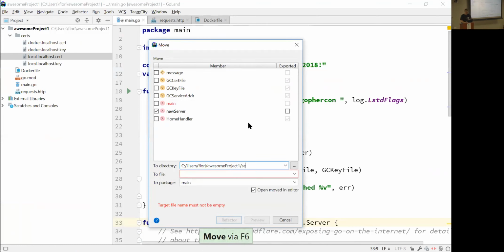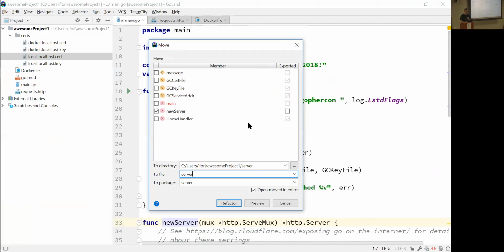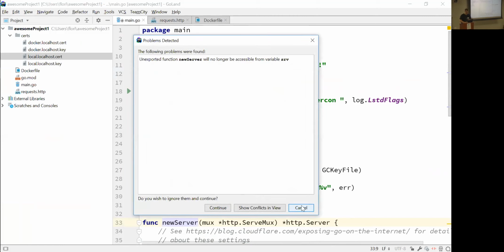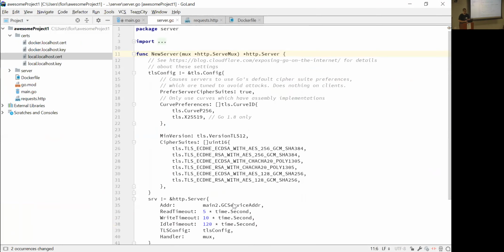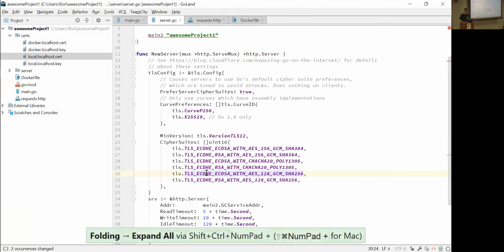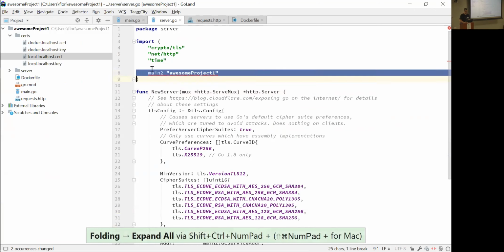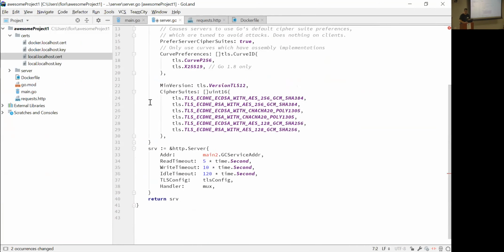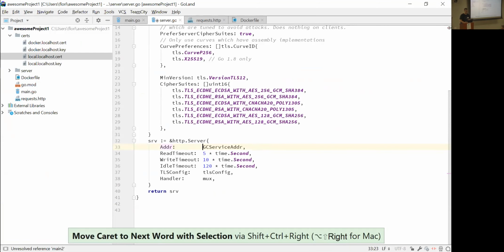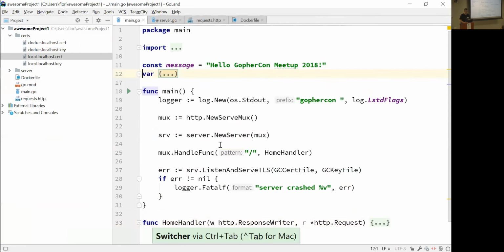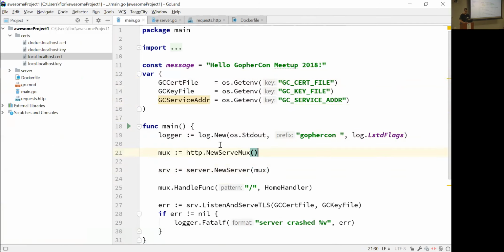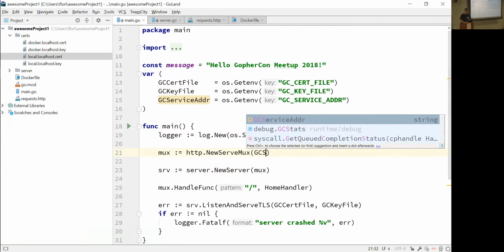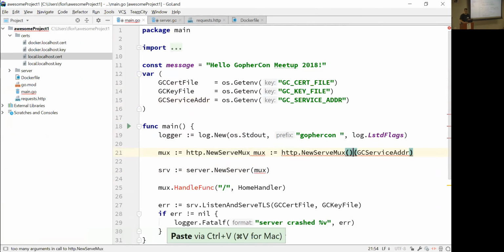I can do that, and say, okay, I want the server, and wait, I don't want to move that because I have a conflict. I want to export this. Right, so now, if everything went well, I don't want to import the main project. Probably not a good idea. I can also choose to move my environment variable here, or I can choose to say, this is your environment variable,